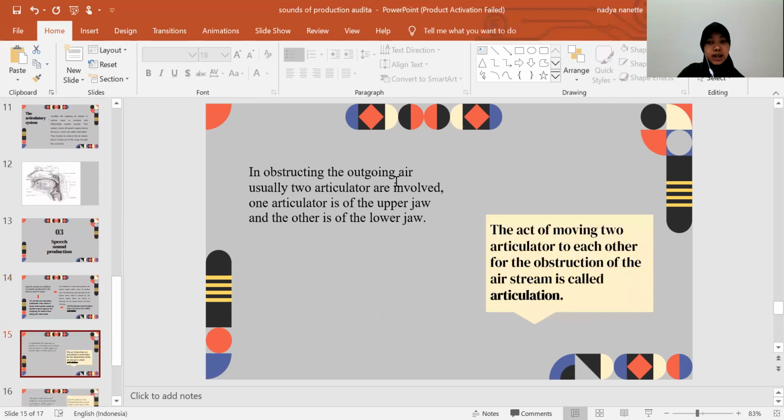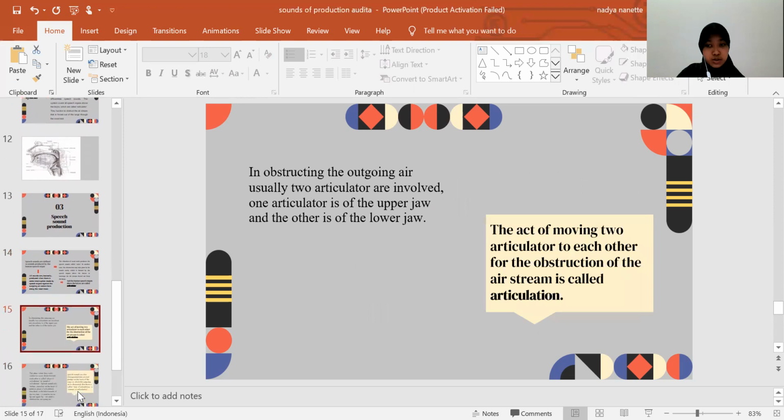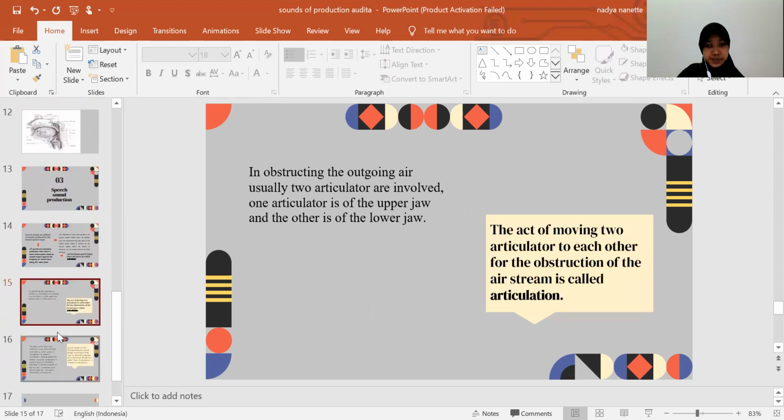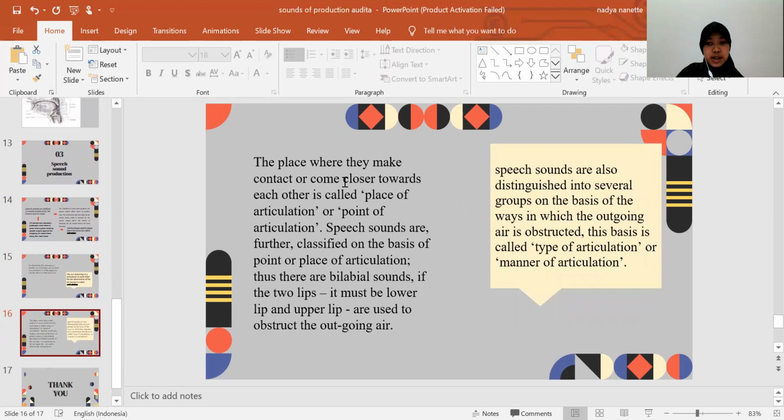In obstructing the outgoing air, usually two articulators are involved. One articulator is over the upper jaw and the other on the lower jaw. The act of moving two articulators toward each other for the obstruction of the airstream is called articulation. The place where they make contact or come closer toward each other is called the place of articulation or point of articulation. Speech sounds are further classified on the basis of point or place of articulation,